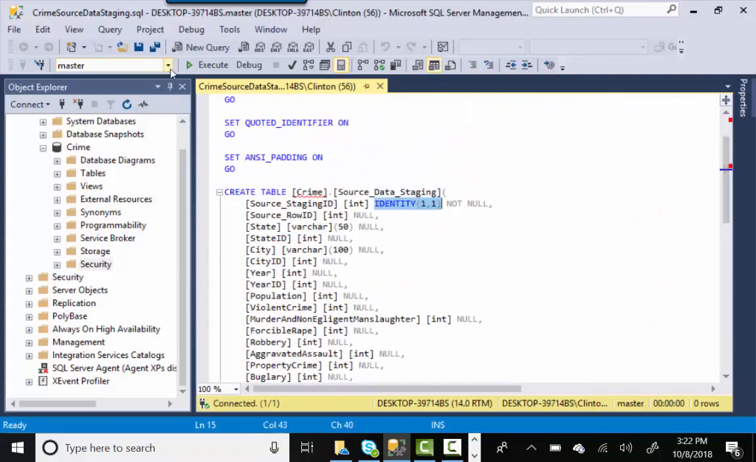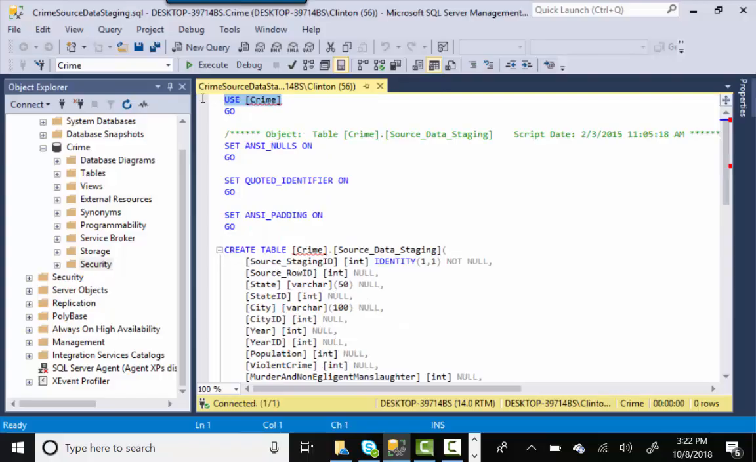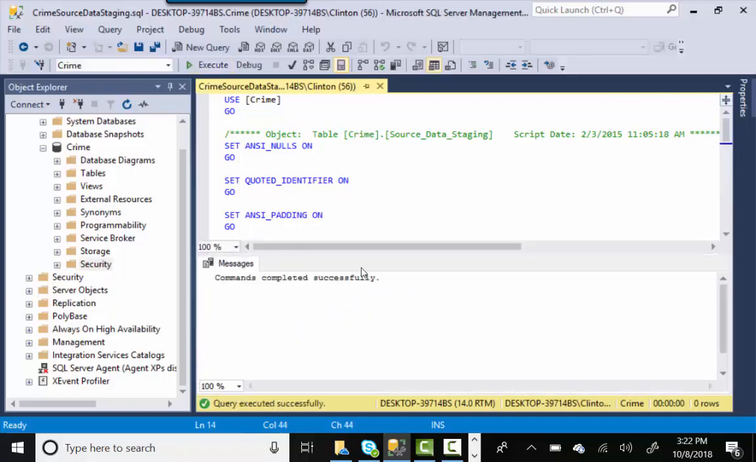So I'm going to change this right here to Crime. The only reason why this was in red at first was because it didn't see Crime in the drop down, but once I change that, notice that this is no longer red. Sometimes Visual Studio will not refresh and it will still not recognize certain objects, but in this case it did. So if I click execute, the command completes